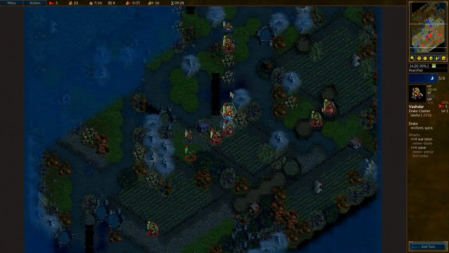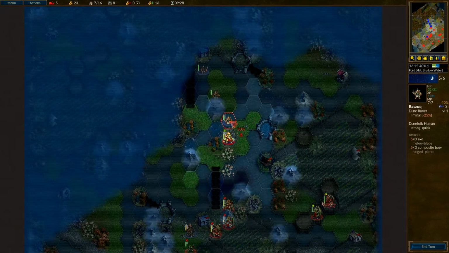And how exactly movement works is that you cannot move into hexes adjacent to your opponent. So if I were to try and go around to attack the flank, I would have to go all the way around, which is a little problematic, but